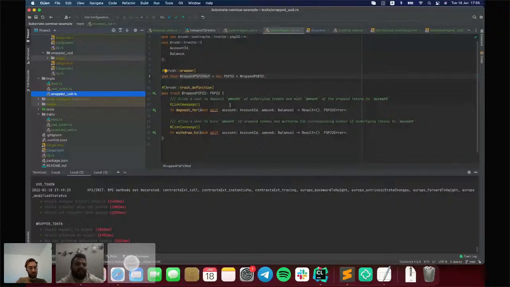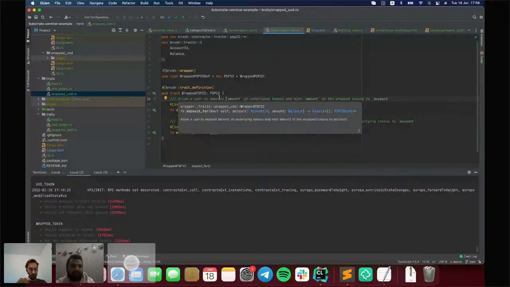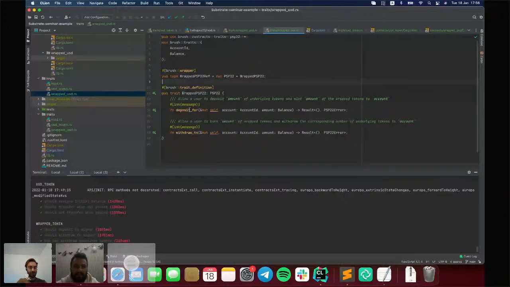It can speed up the compilation process, but it will not affect the size of the contract, because Rust only includes the code that is used. So that will not affect the size, but the idea is that you can define traits in a separate crate, like we did here.